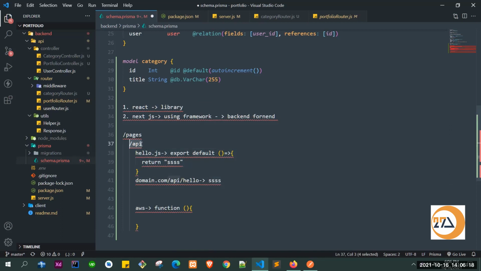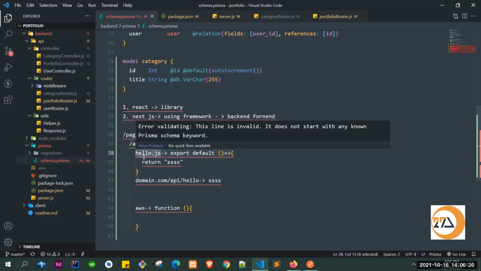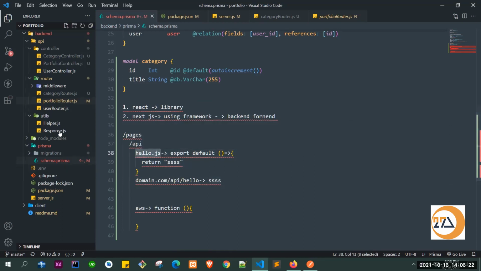Inside the API folder, whatever file you create will automatically act as this kind of router, what we did here. But for a big project, or if you have a complex project, most of the time Next.js also doesn't use this API option. Most of the time we use Next.js like React, but Next.js has some other functionality in the front end, like helping you do SEO stuff,